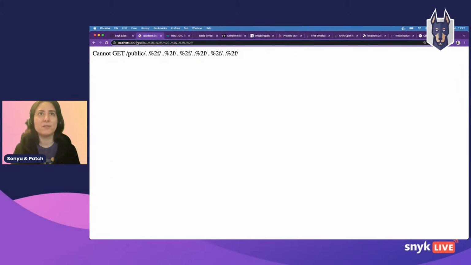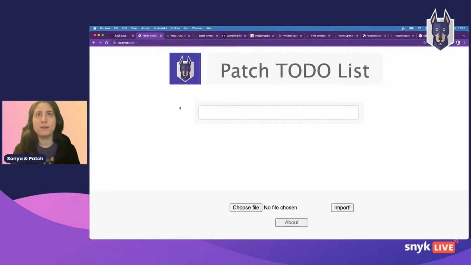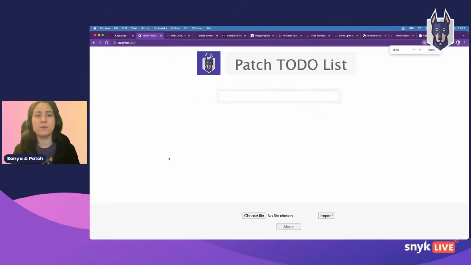Let's go back to the front page, and let's try to find other ways that potentially we could tamper with this application. So the main one is right in the middle, this input box. This is quite tempting. Usually the first thing that we would do is to have this script tag, and oh, it's not working. Okay, so good news for the application. There's some sort of sanitization.